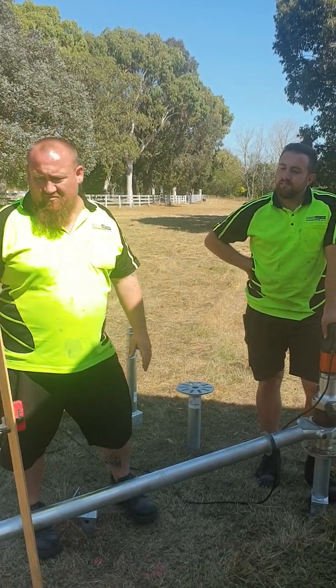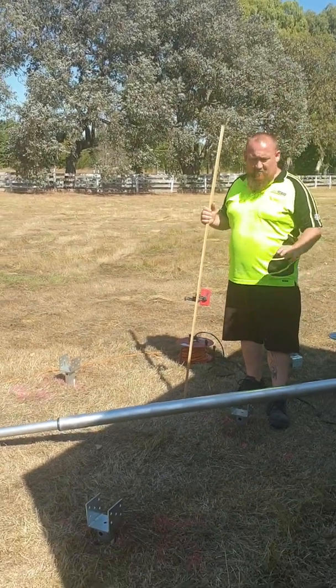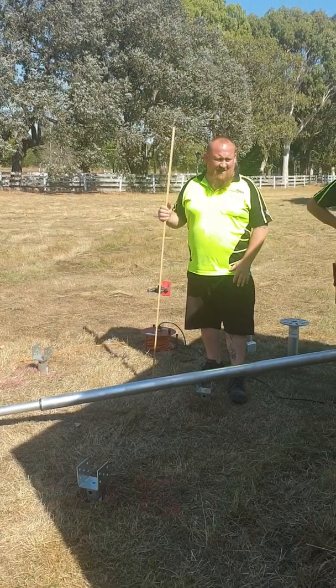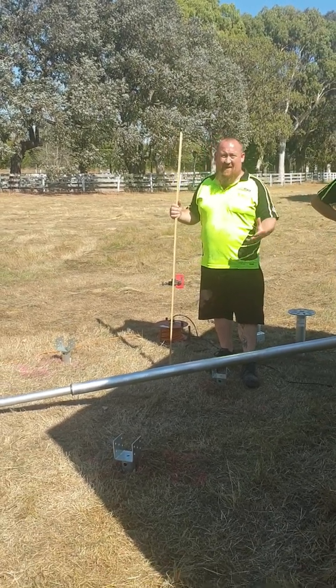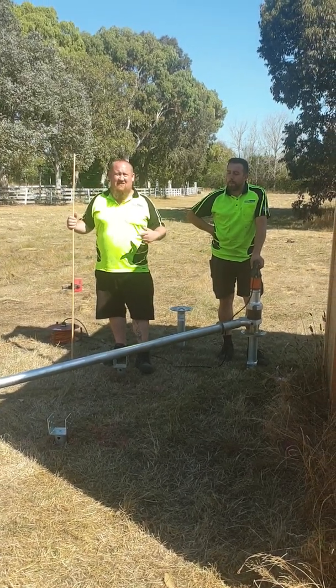So fantastic result. We've got 9 piles, we've got 7 in, we've got 2 more to do. They're going to be another 5-10 minutes max, and we're able to pack up and get out of here. All up, an hour's work, and this shed's going to be able to go in